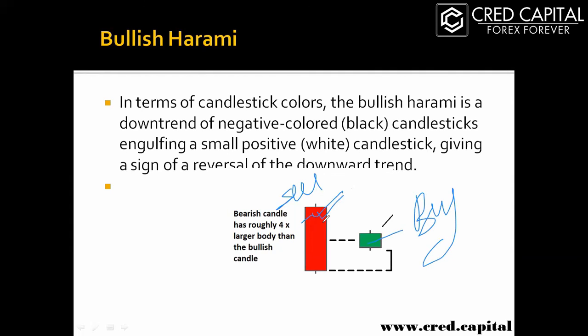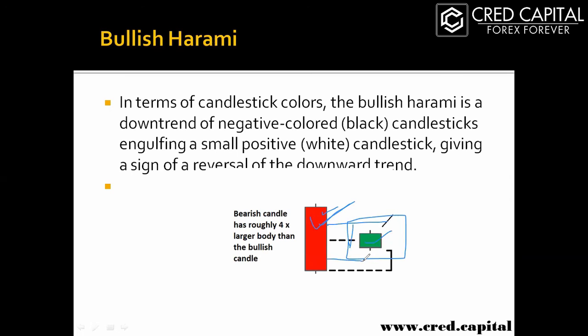Generally these candles must be Marubozu. Marubozu are long, large candles which appear in the market. So basically a large bearish Marubozu has to engulf a small bullish Marubozu, at least half of the previous candlestick, because this one is at least four times bigger than this one. This one is a small candlestick and it will appear at the middle level of the previous candlestick.